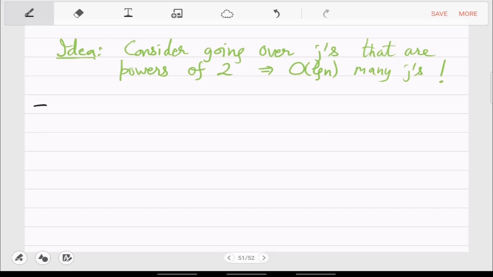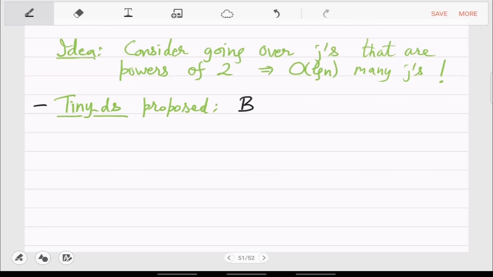We have decided that for i from 0 to n minus 1, we will only store those j's which are powers of 2. So that is our data structure. Let's call this the tiny data structure, which we are proposing, is a new